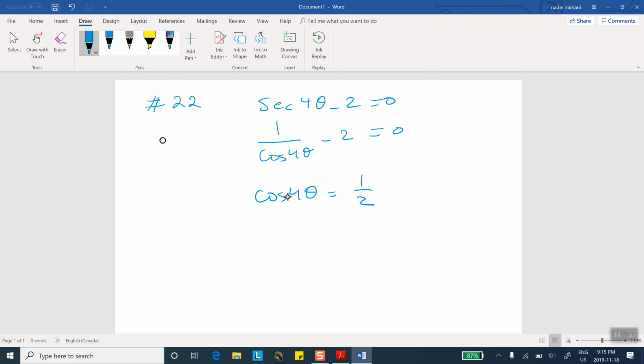Now, if this was x, you would have no problem. So actually, let me do that. X equal to 4 theta. So we have cosine of x equal to 1/2. We have done many problems like this. So x equal to pi over 3 and x equal to,